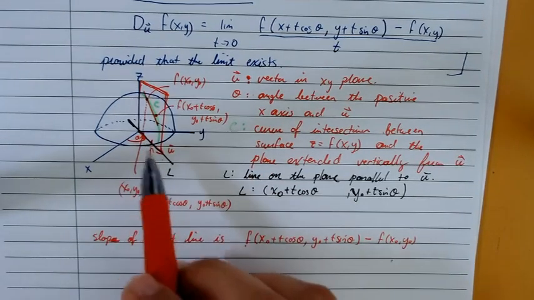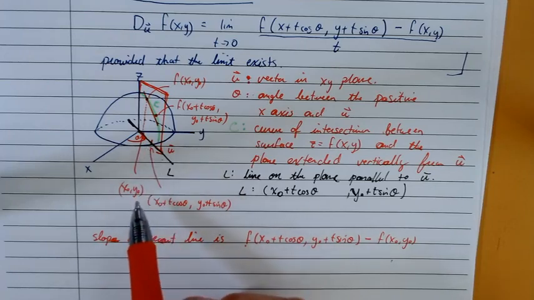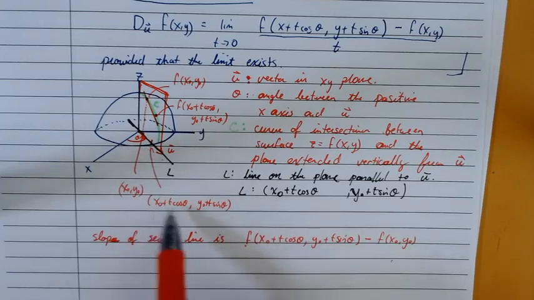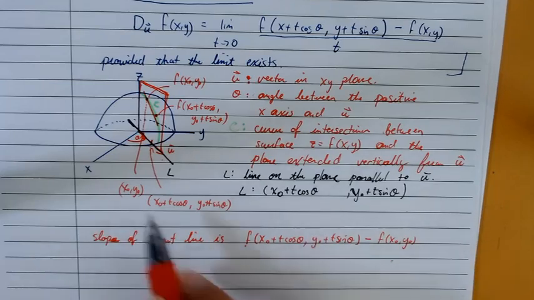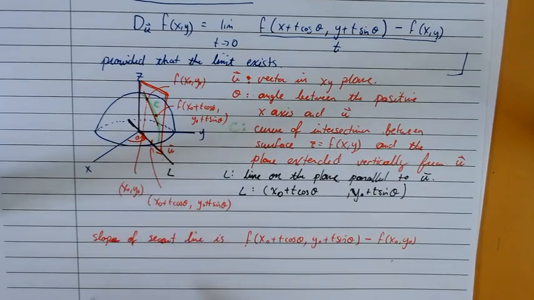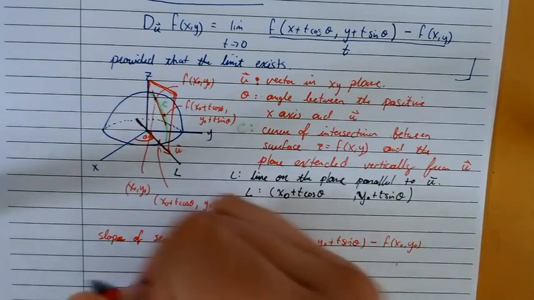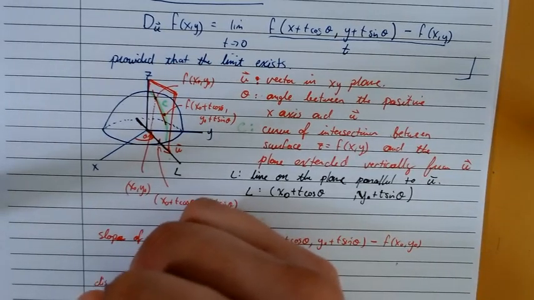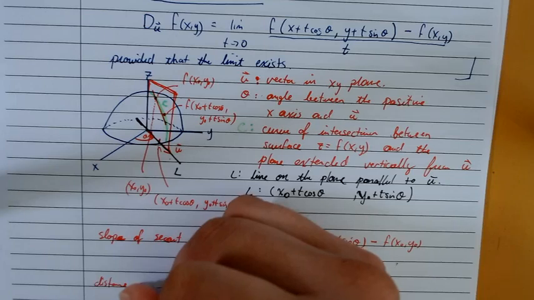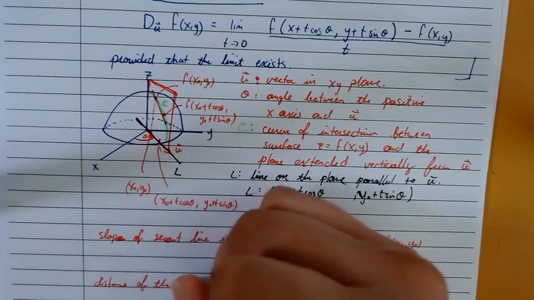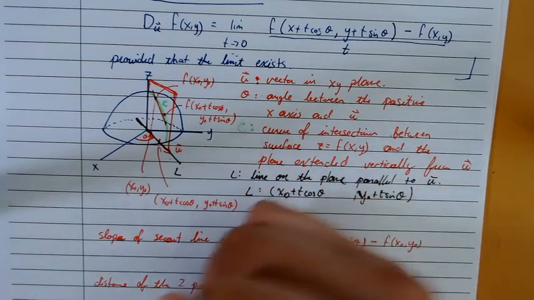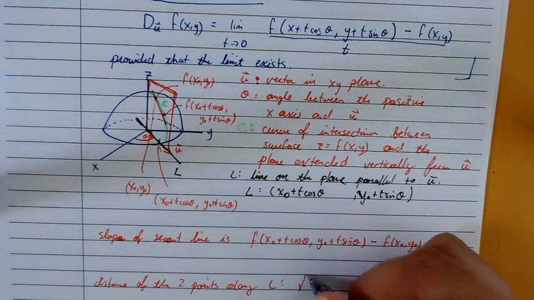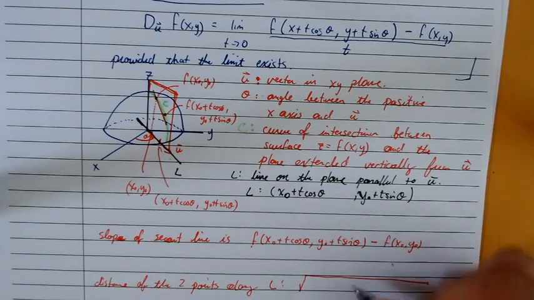Okay, well the distance between those 2 points is, well, we need the distance formula here. Here we know the difference in their x values and the difference in their y values, but the difference between the 2 points is actually going to be using the distance formula. So here, the distance of the 2 points along L, okay, well that's going to be the square root of the sum of the squares of the differences